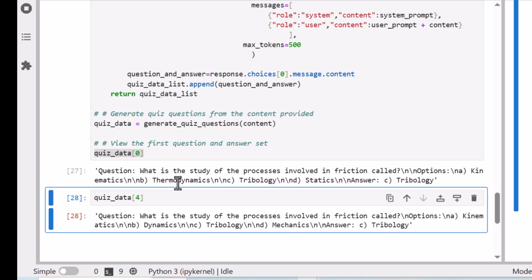What you will find is that it is creating similar questions most of the time. Soon we will be looking at how we can make sure that a different question is created for each of the 5 questions. But let's add one more